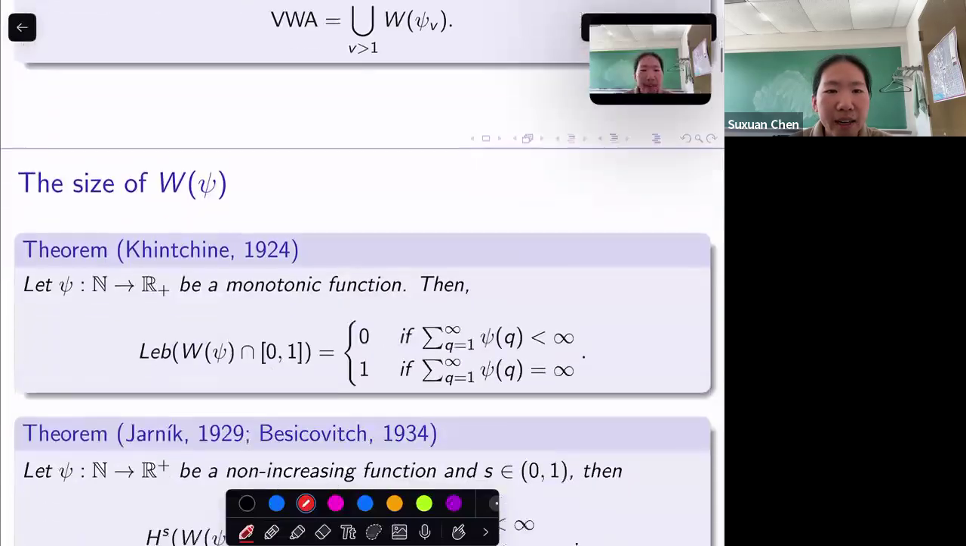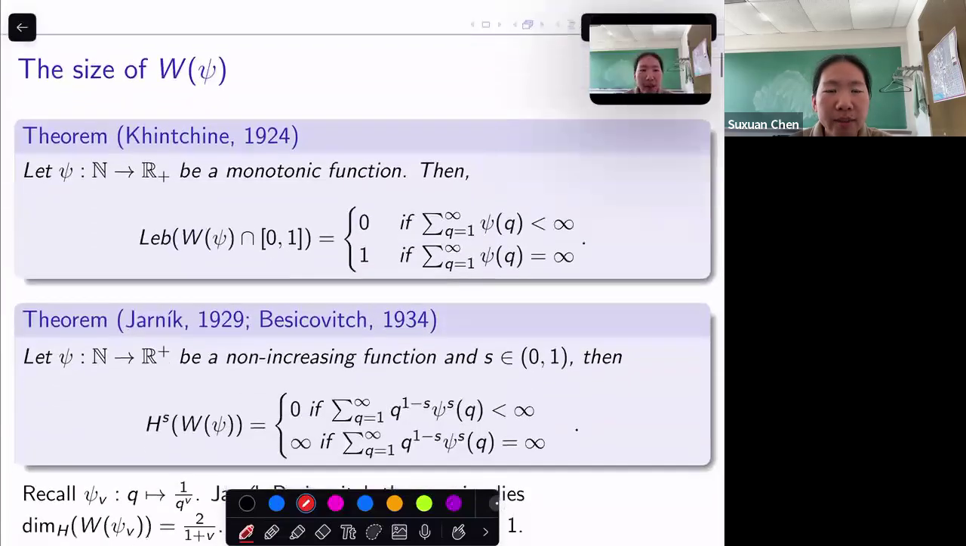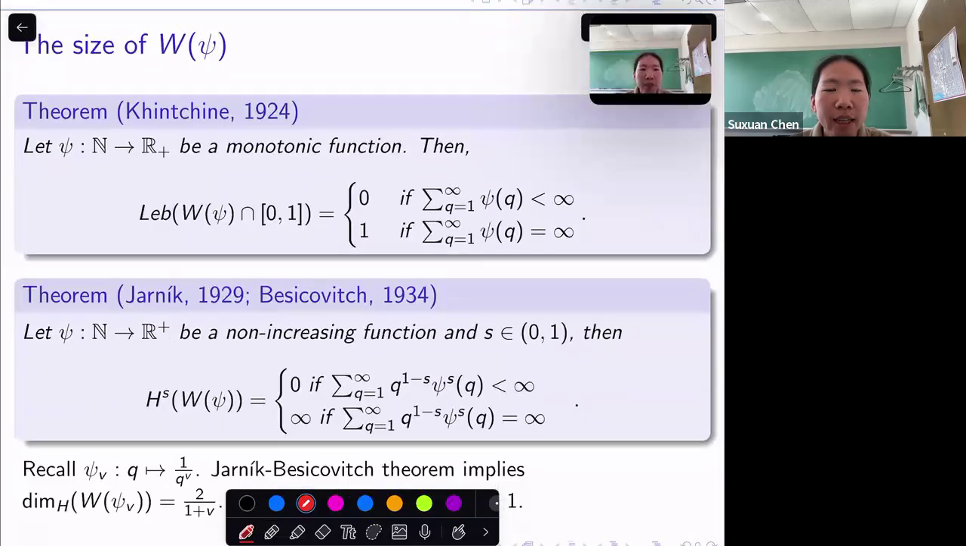And there are classical results in Diophantine approximation telling us the size of W psi. The first one is Khinchin's theorem. The statement is, let psi still be a monotonic function, then the Lebesgue measure of W psi intersect with the unit interval is 0 if the infinite sum of psi(q) converges, and is equal to 1 if the infinite sum